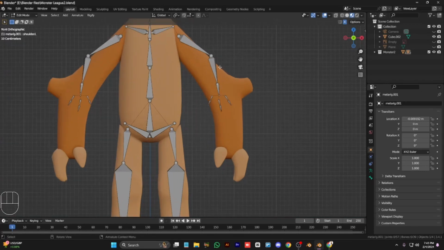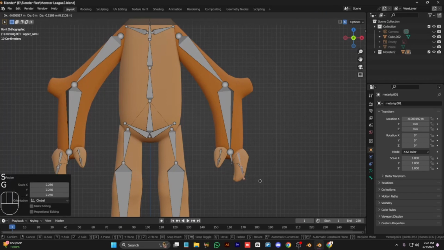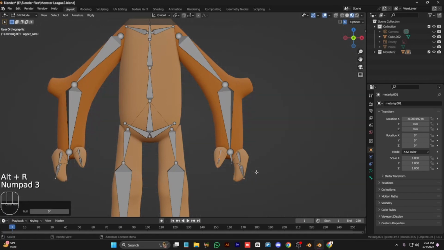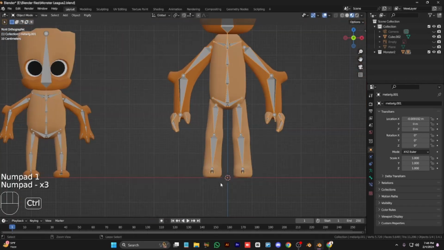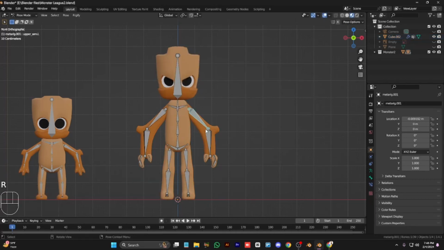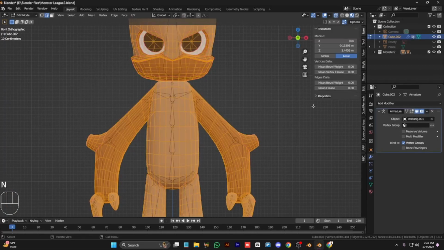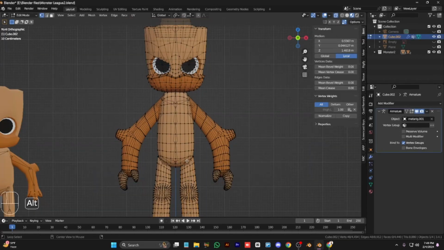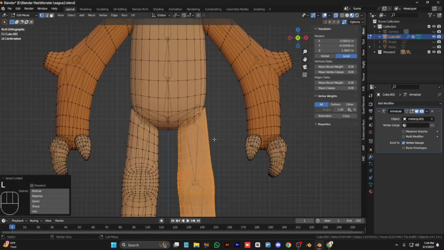Now first place the backbone and now place the arm correctly. Fingers we will do later on, but we can do it later, just like there. Now I set up the whole bone system and now select the mesh and then select the armature. Control P parent. Now extrude the leg part where the legs start